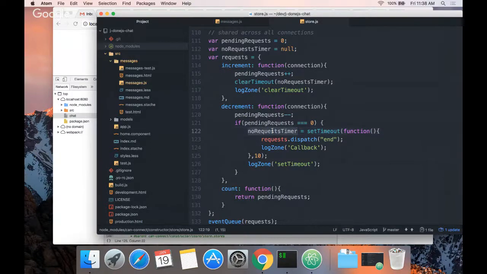And we keep that timeout. Whenever an increment happens, we clear the timeout. If you want a quick explanation, I can